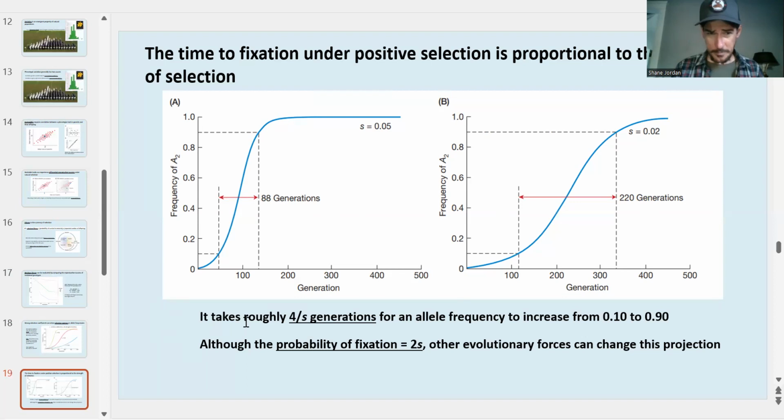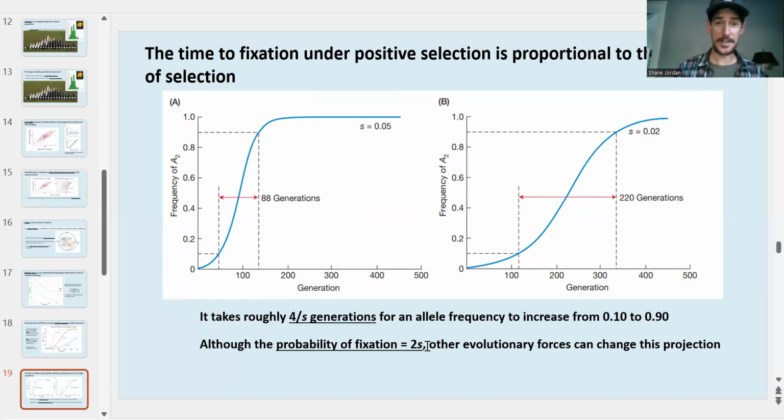Basically, this value of 4 divided by the selection coefficient is representative of the approximate number of generations it would take for an allele frequency to increase by 80% in this way. And it has been estimated that the probability of fixation is about 2 times the selection coefficient. But this is not always completely realistic, because other evolutionary forces can step in and